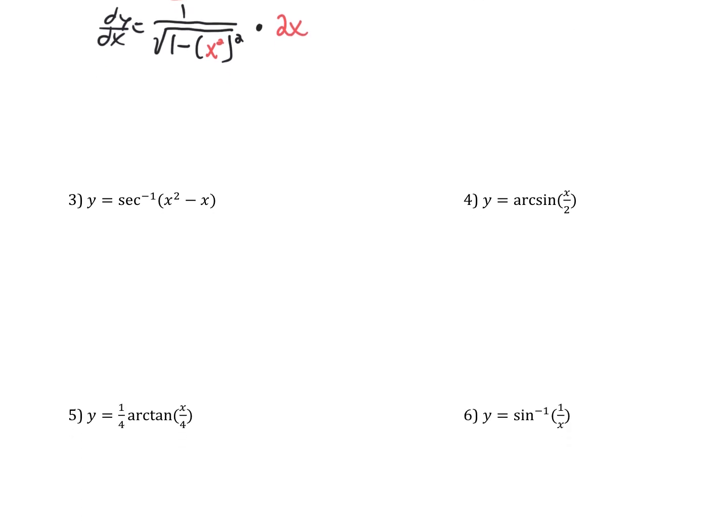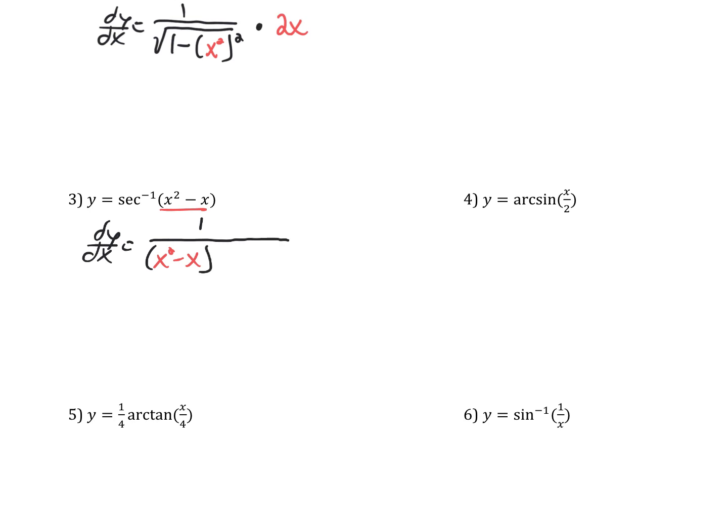Okay, so hopefully you did the inverse derivative, and let's take a look at what that would be. So let's first identify the inside function, which is x squared minus x. So we're going to take the derivative of inverse secant, leaving the inside the same. So if you remember, derivative of inverse secant is going to be 1 over, okay, x, but in this case it's the inside function's not x, it's x squared minus x. So it's going to be x squared minus x